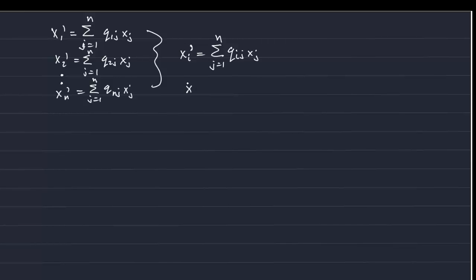This is x described in the transform basis being equal to a matrix, which we'll call Q, times x defined in the original basis. So here the matrix Q has the ij element of matrix Q as little q ij,